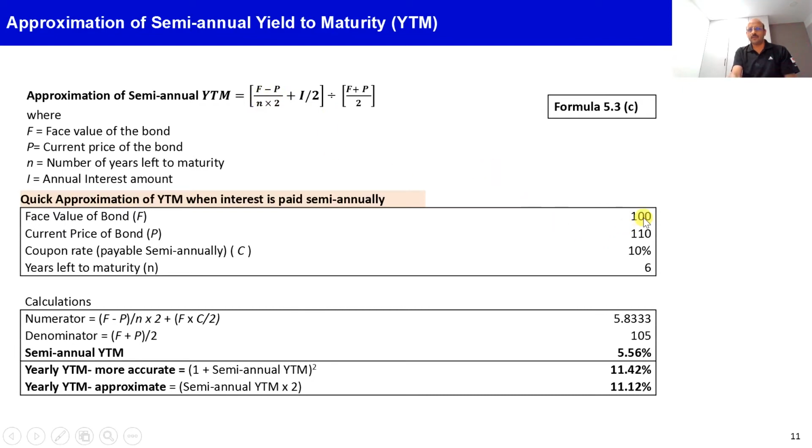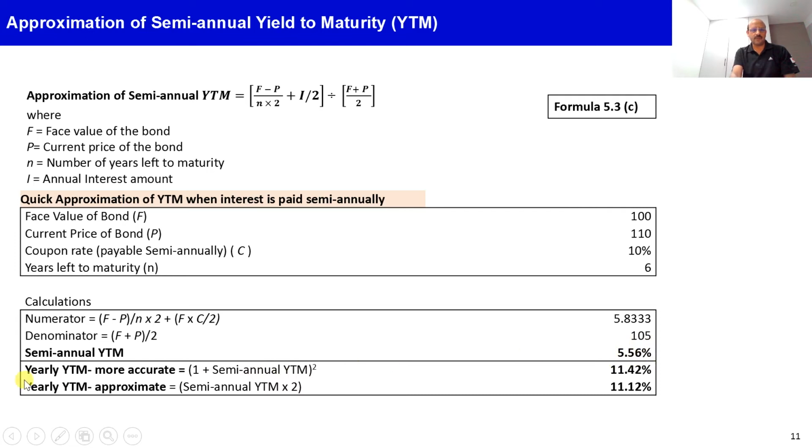So in this formula, the $10 premium will get amortized over 12 half yearly periods, 6 times 2, so that becomes 0.8333, and the annual interest will get divided by 2 to become half yearly interest. So F into C divided by 2, that becomes 5 for half yearly. So 5 plus 0.833 becomes 5.833 as total half yearly return on the bond, and that is divided by $105 of investment on an average. So the half yearly or semi-annual YTM approximately comes to 5.56%,